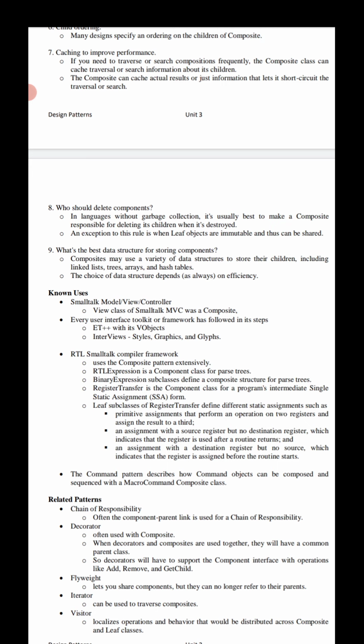Yes, if we have to traverse each and every component frequently, the composite can cache the actual results, or we can say just information, so that it can short circuit the traversal or search.